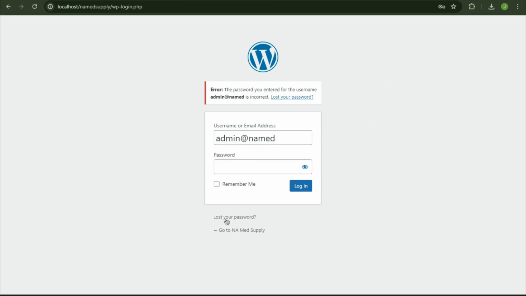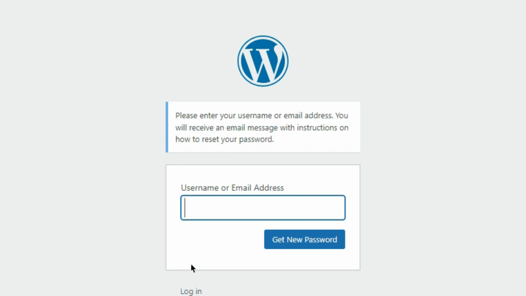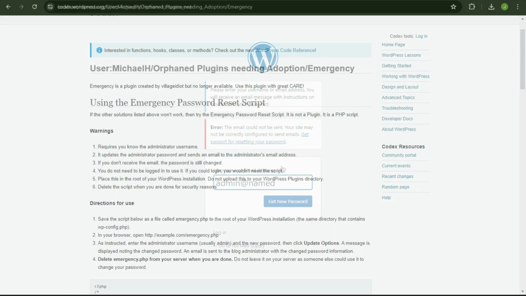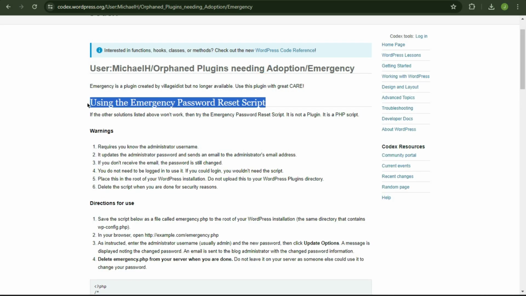First, let's try the general way to reset the password. Obviously the emails are not configured. Here's the fun part. As I mentioned earlier, we'll be using no verification methods, so we're gonna be using the WordPress